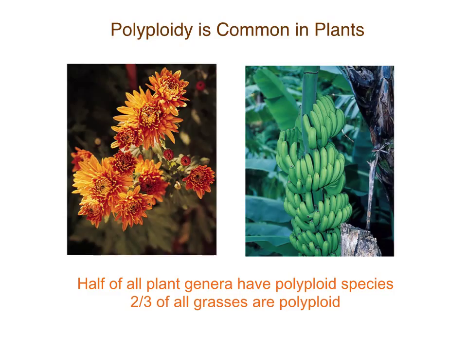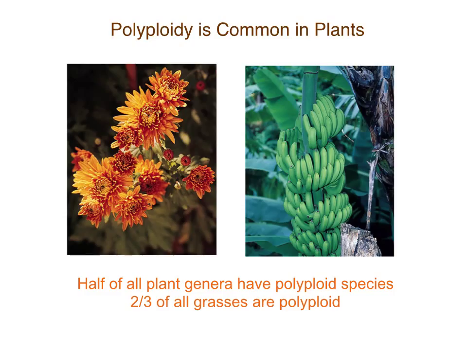So polyploidy occurs a lot in plants, and if you think about it for a second, it's not a big surprise. What happens when you're polyploid? If you can deal with the imbalances of the chromosomes or of the genes and stuff like that, what does having polyploidy do for the organism?